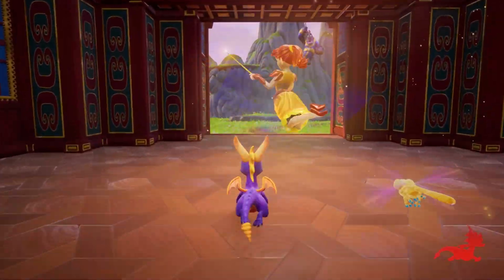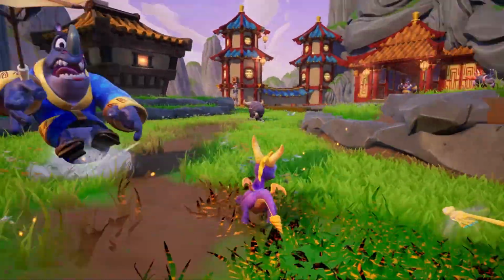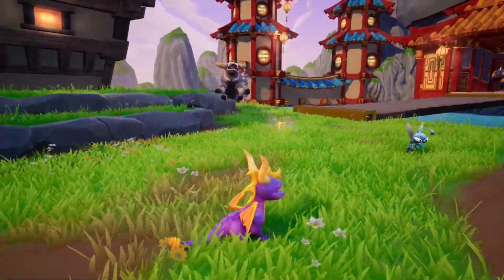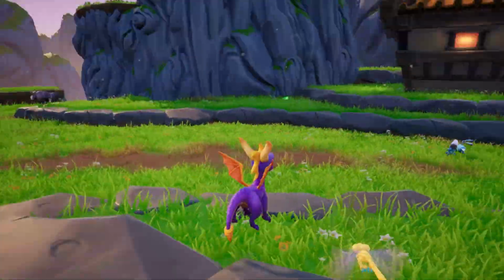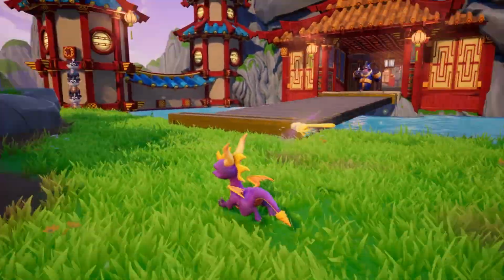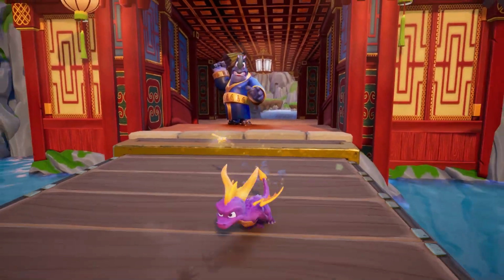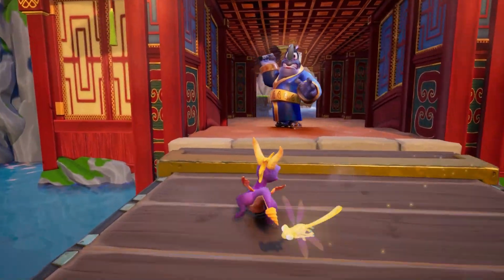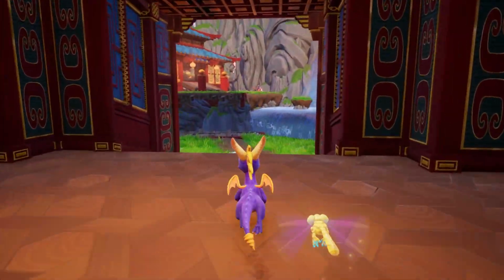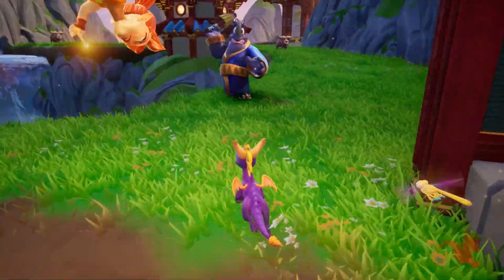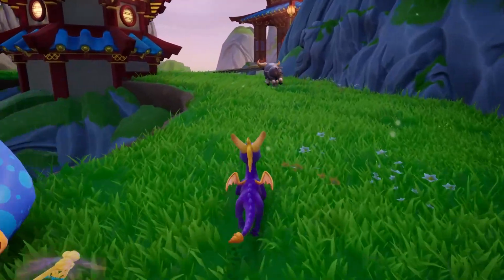Now, as well in Crash, there is actually a dimension that essentially is the reverse of the normal dimension. So there's a dark Crash, dark Coco, all this crazy stuff. Perhaps there's something similar for Spyro. Perhaps there could have been a universe that Spyro belonged to that was overrun by this dark magic, and perhaps that's where this version of Dark Spyro comes from. Now that's getting into wild theory territory, but I'm going to take it back a bit.